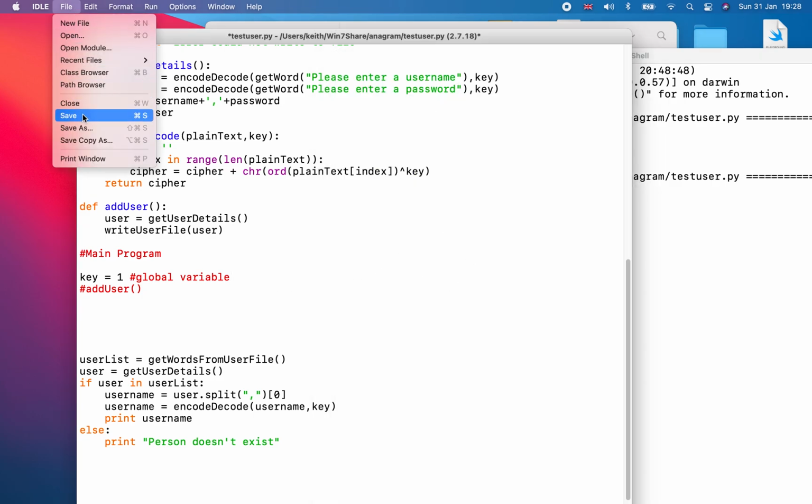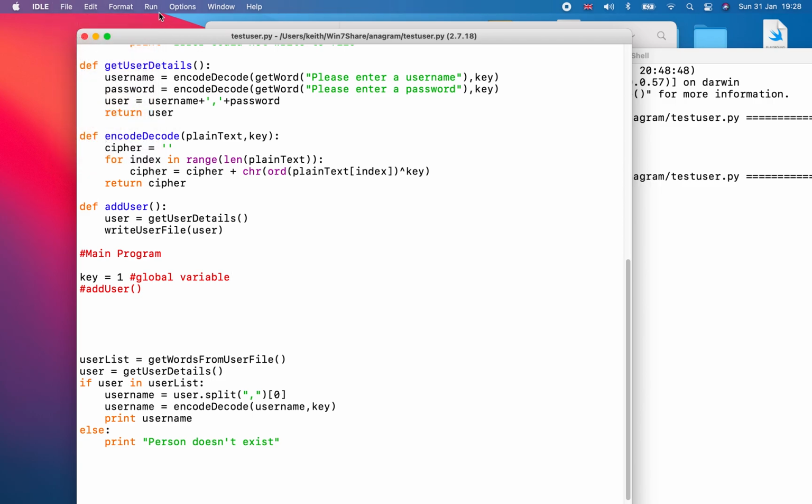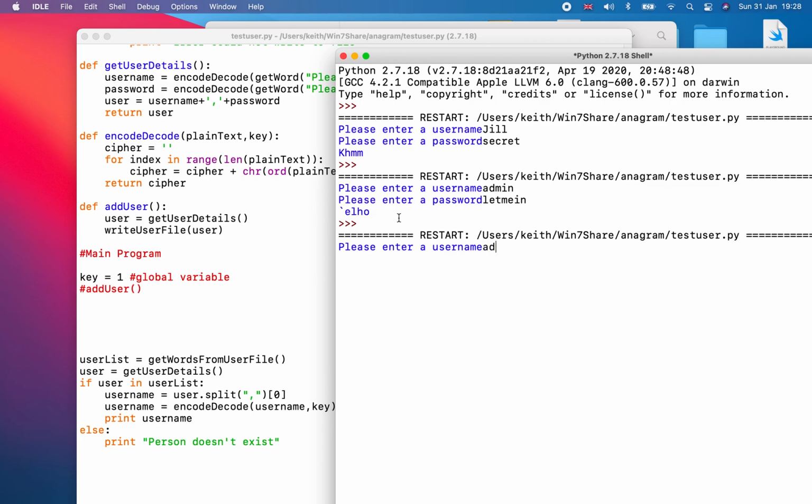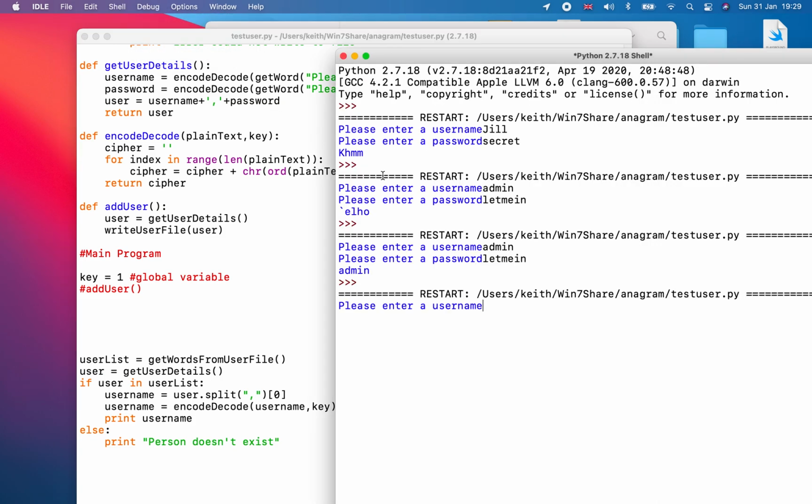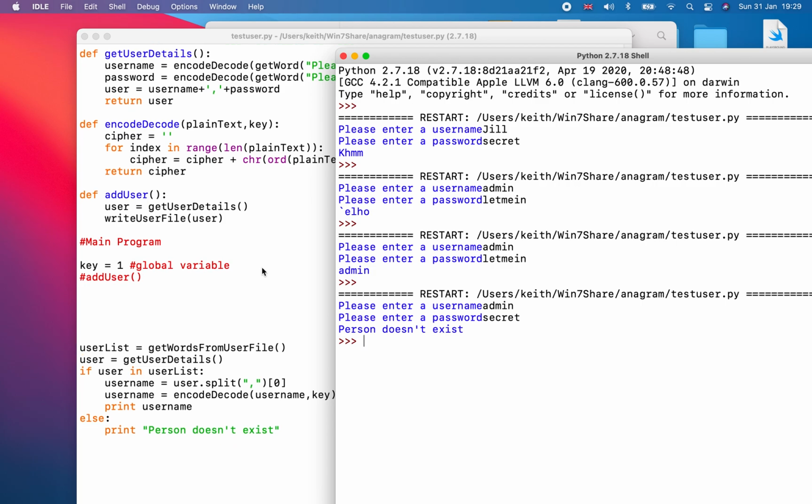So let's just save and run that program. So let's do admin and let me in. It's accepted the person, so they exist, they're in the file, and it's given me the original. So let's just do it if I've got somebody incorrect. Let's do admin and secret. The person doesn't exist. So now we've got a method of encoding and decoding